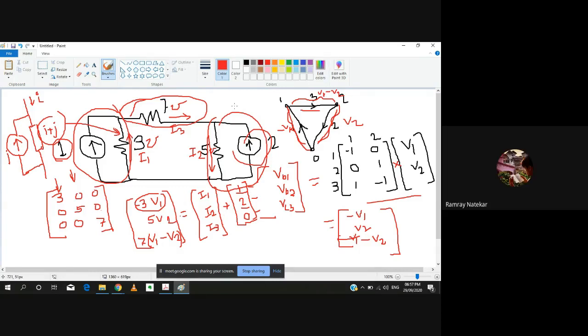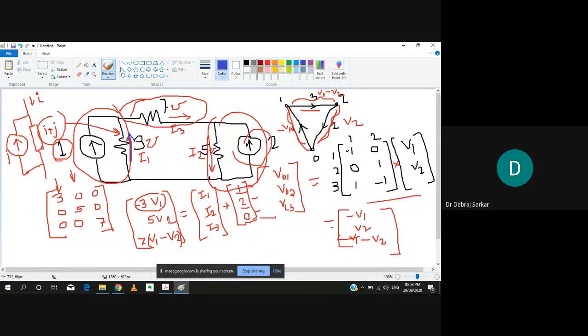What if the direction of the current sources is opposite? See, whatever direction you take, for example, here I took the direction like this, but if you solve it, you will get a negative value. But that is different. First, you need to take a direction, then you solve it.